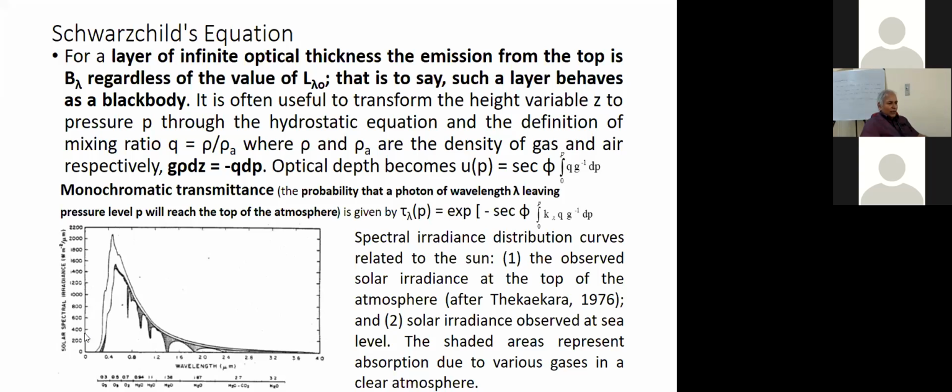So this figure shows you the solar spectral irradiance versus wavelength. The top one tells you the irradiance curve observed at the top of the atmosphere. At the top of the atmosphere, the initial solar radiation doesn't suffer any sort of absorption, but once it enters the atmosphere, what is actually received at the surface is given by this. As you can see, at different wavelengths there is absorption happening both outside the visible spectrum as well as in the visible spectrum. So this is the solar irradiance observed at sea level. The shaded areas represent